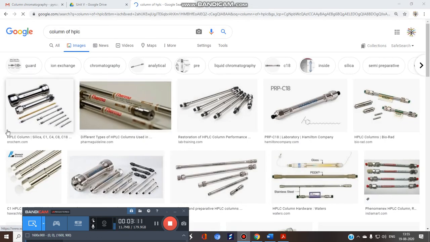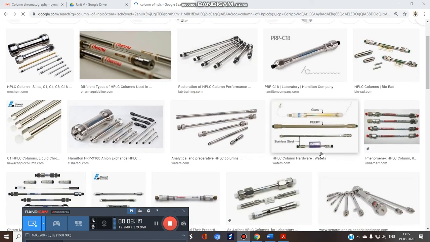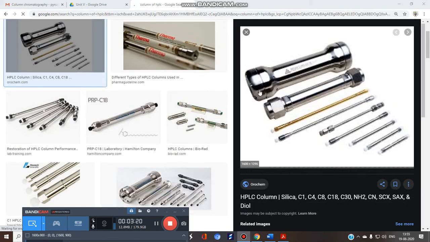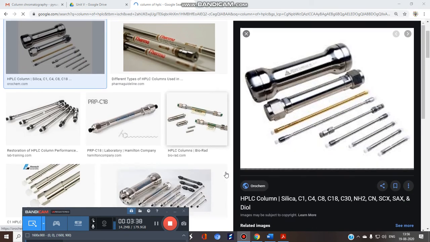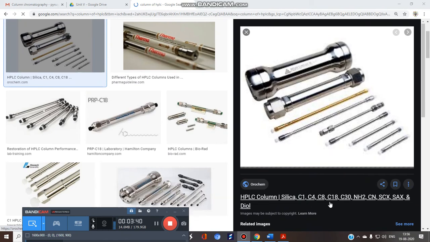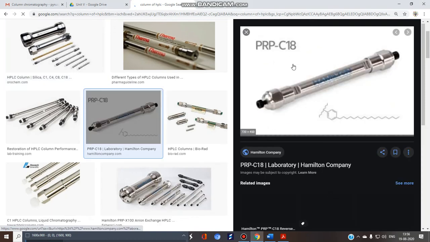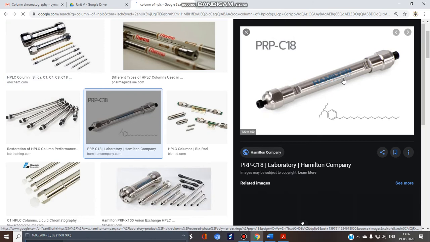So this is the column that is used in the HPLC, but in the laboratory I have shown you the glass column. So these are the very costly columns which are used in the HPLC. Now the question arises, sir, where will we put our stationary phase? Always remember this thing, the stationary phase will always be inside your column. So inside your column we have to put our stationary phase, and in case of HPLC we are using the reverse phase silica, that is C8, C18, C4 bonded silica. Again this is a column, here is written C18, so this is a C18 column. Inside this you have to put your stationary phase.